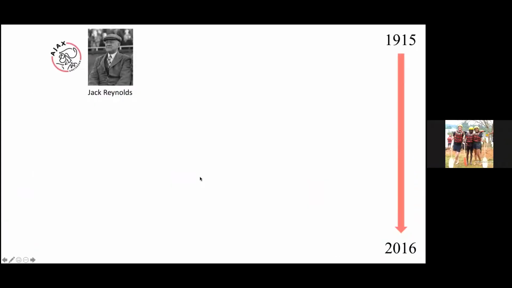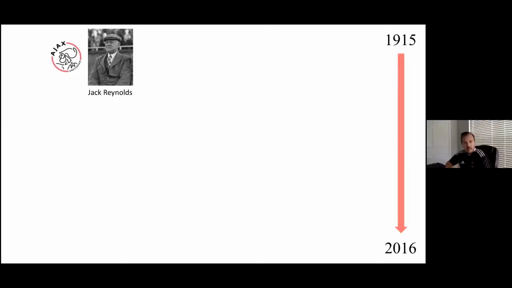And that Queen's Park team, that Scotland team that made waves and showed everyone what it's like to play possession football, started to tour the United Kingdom and go to different places and spread that style of play and how the game should be played in their eyes. And Jack Reynolds, they would call him Reynolds in the Netherlands. He was a British man who had moved to the Netherlands, and he became the coach of Ajax, their very first coach ever. He was one of those people that was playing in England by the time that Queen's Park was touring around the country and showing that sort of possession style of play.